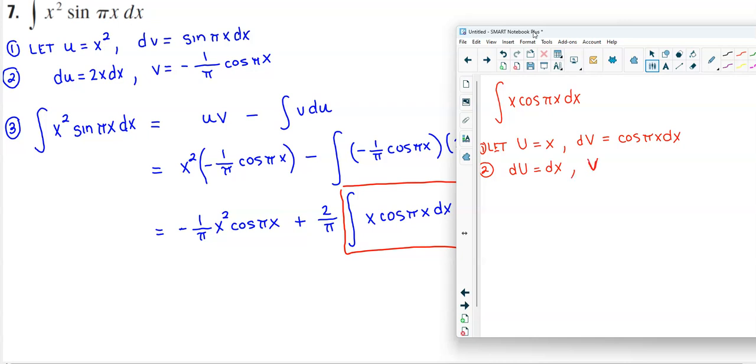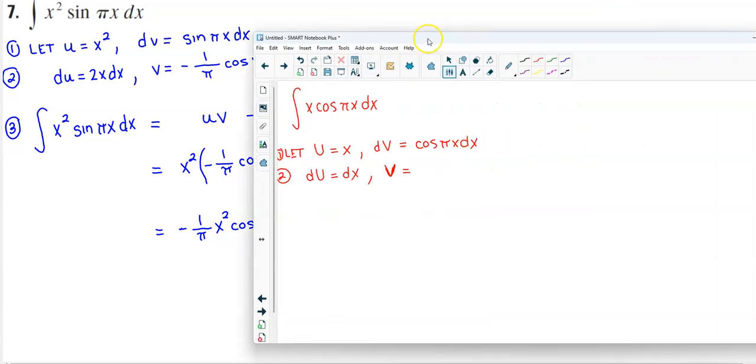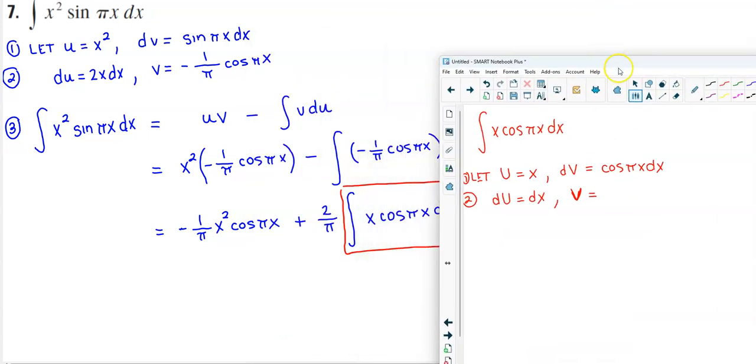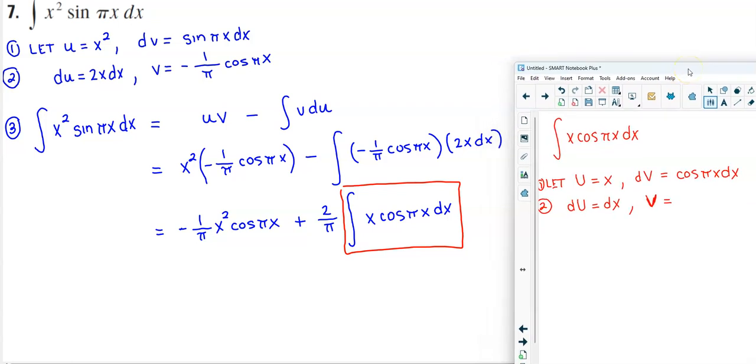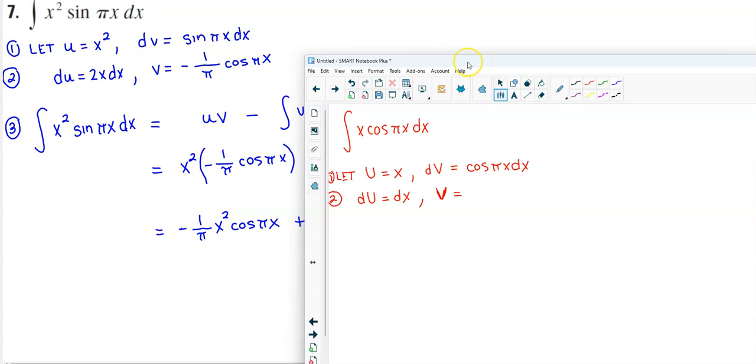And then we want to find the antiderivative of the cosine of pi x. Okay, so what is the antiderivative of the cosine of pi x? Well, we'd have to follow the same procedure. So in order to find the antiderivative of the cosine of pi x dx,